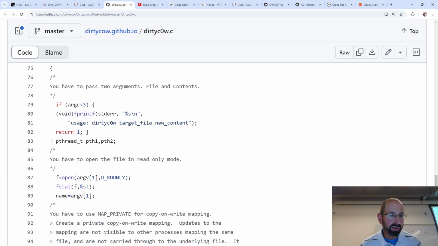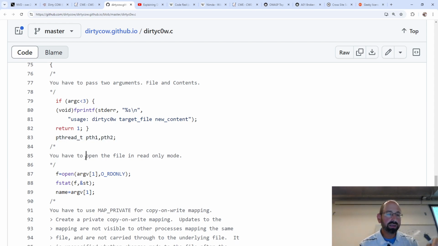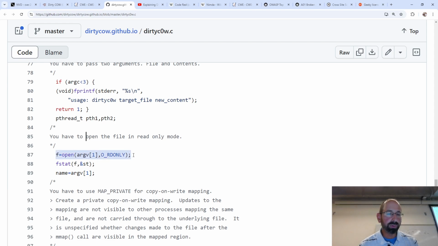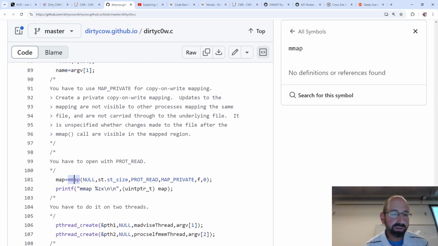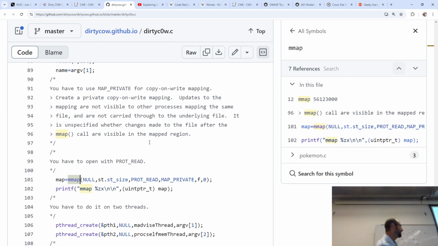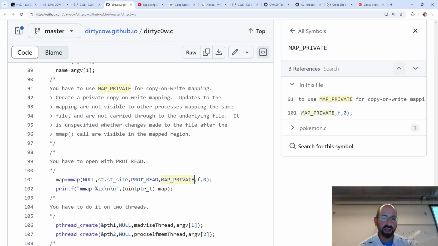So we just do some input parsing. We're going to have two concurrent threads. This is using the pthread library here. We're going to open up the file that we want to eventually overwrite in read-only mode. We're then going to map that file to a region of memory. Don't worry about the actual syntax of this call. We're saying, here's a file, give me the block of memory that can correspond to this file. And if you do this mapping with private, with a file read, it's going to have those copy on write semantics turned on for you. Technical, not that interesting so far.